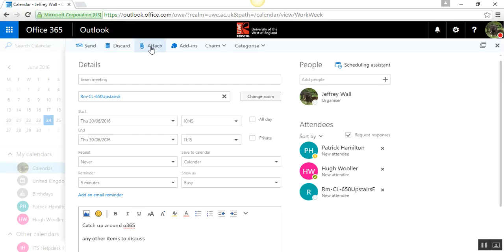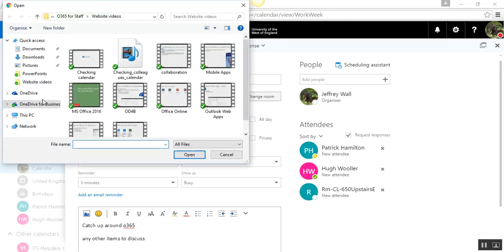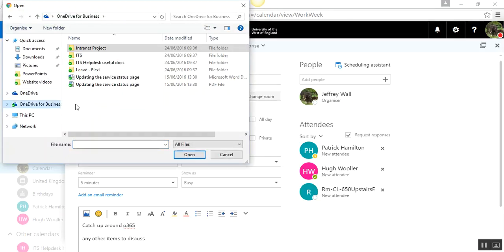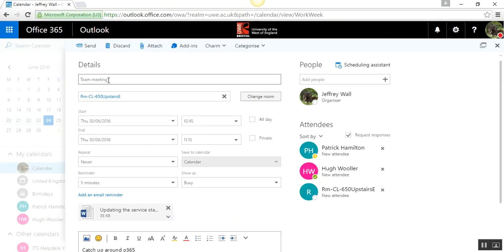And if I wanted to, I could attach a document providing details of the meeting. So I also want to run through updating of the service status page for my colleagues. So they've now got the Word document that will take them through and allow them to prepare in time. Once you've added everything in that you need, you just click on Send, and your colleagues will receive an email inviting you along to the meeting. If you realise